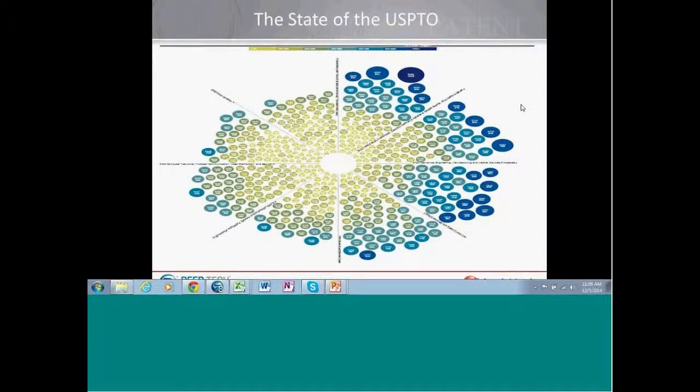And being able to understand the statistics all the way down to the particular examiner can be very important to help make business decisions, to help set the expectations of your client, and help see strategies for different paths to allowance. And I give you for example to get us started here. If you had an application that you were working for one of your clients, and that application you knew was with an examiner who has a 10% allowance rate, and on average takes 4.5 office actions to get to allowance, has a 60% requirement for RCE, and you knew their appeal statistics as well,